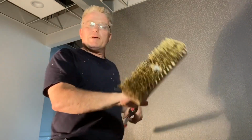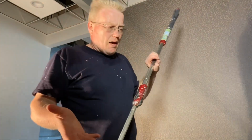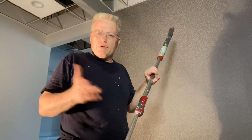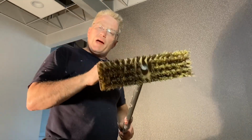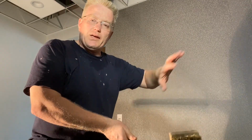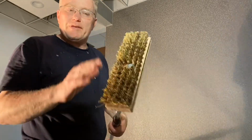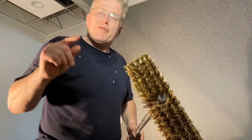So, this is what I recommend you do. I'm going to dip this in water. Now, you can't do this at every job, but I have an unfinished floor that's cement. They're going to put flooring down, not tomorrow, no time soon. It'll dry. Not an issue here. But if you had to work on a floor that needed to be protected, you would simply do this by dipping it in a bucket, cleaning it, and then having your other hand underneath it to catch all of the refuse water. I'm just going to go to town here and aggressively dilute the glue that's in all of the